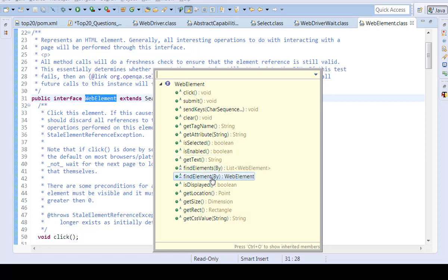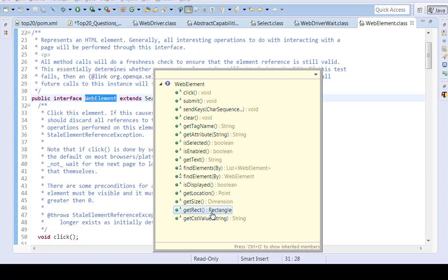There are findElements, isDisplayed, getLocation, the XY coordinates of the web element, getSize, the size of the web element, the width and height, getRect, the coordinates, the length and breadth. Okay, so location will give x comma y, size will give width and height, rectangle will give length and breadth, CSS value will give the style.